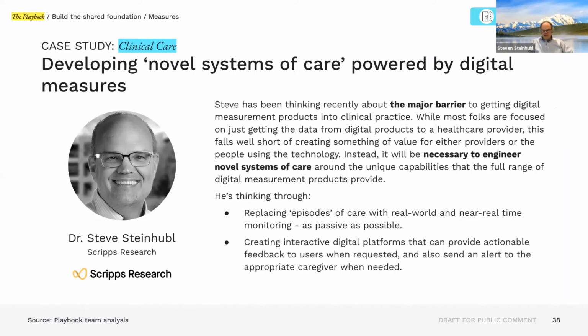Thanks, Jen. I'm Steve Steinhubel. I'm a cardiologist and I'm a clinical researcher. And I was fortunate enough about 7 years ago to start helping build our digital medicine group at Scripps Research, and that's given me the opportunity to work with great people like Katie, who you've heard from, and Ed Ramos, who you'll hear from next. As both a clinician and a researcher, I've been passionate about remote monitoring for a long time